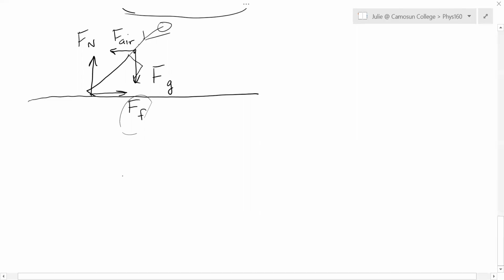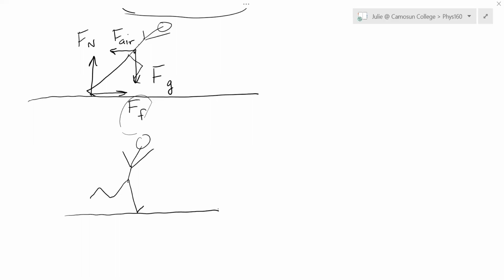Now, as you continue, if you now plant your front foot as you're running along, and this is why you don't want to be a heel striker and get that foot too far forward of your center of mass. If you put it down just nicely here,